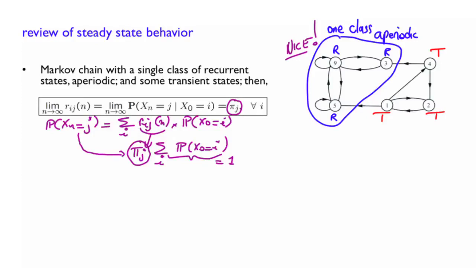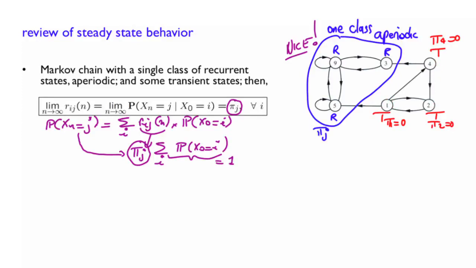Well, for transient states like these, they are 0. So pi of 1 is 0, pi of 2 is 0, and pi of 4 is 0. And why is that? Well, if your initial state were one of these states here, the probability of being in here is 0 no matter what. But even if you started here initially in one of these states, you might for a while fluctuate and turn around like that. But eventually, after a finite amount of time, you will go to that class and never come back to 1. So in the long run, the probability of finding yourself in state 1 will be 0. And this is the same for 2 and 4.